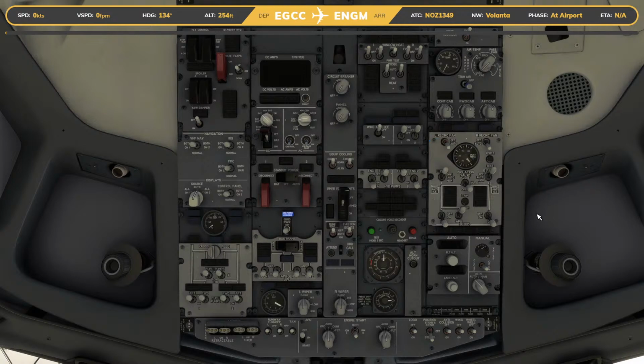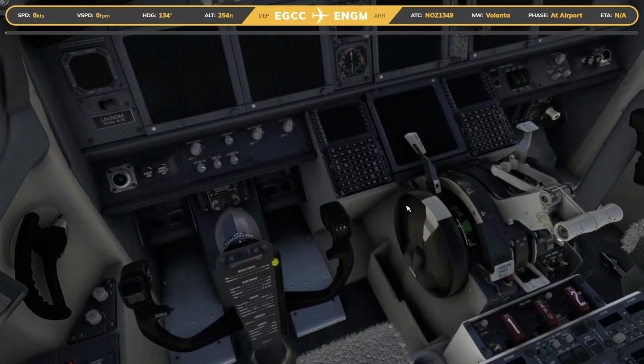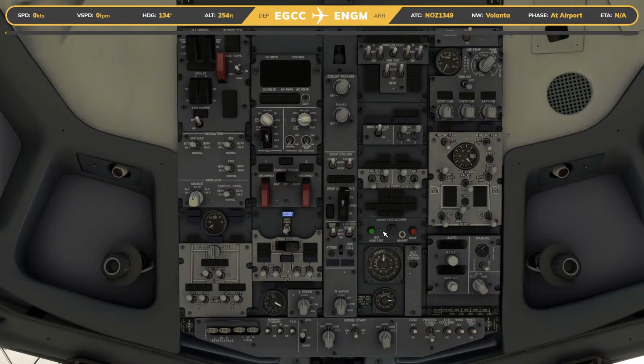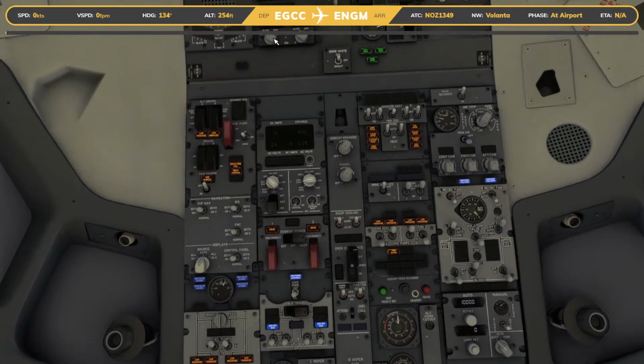Right, first things first, I just need to remember, because it always comes with the parking brake not set. So we'll do that first. Right, so let's go to battery on, emergency lights armed. Close the battery's guard. Ground power, I already have it loaded up because I always can't be bothered to call the ground power all the time. So ground power is connected. Lights will keep off for a minute. We'll go ahead, align the two IRSs to nav,